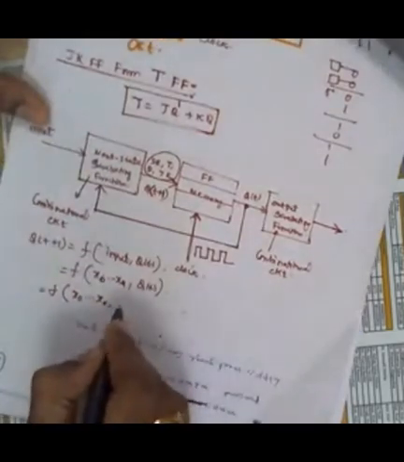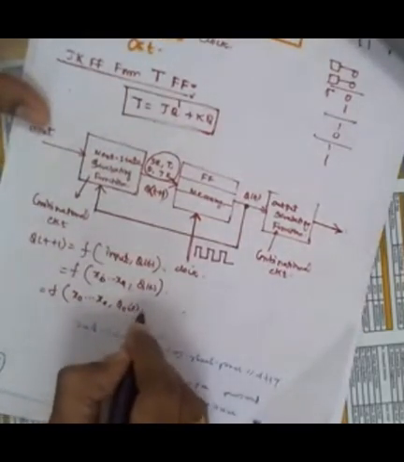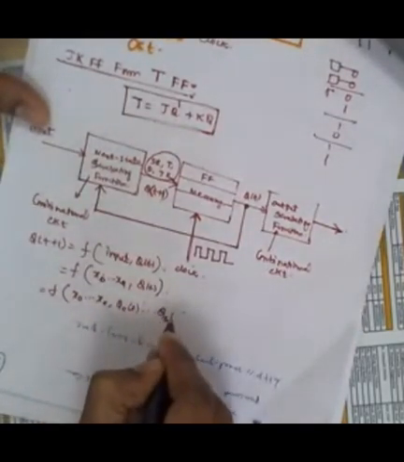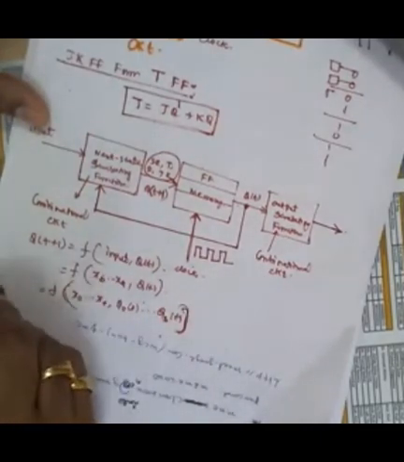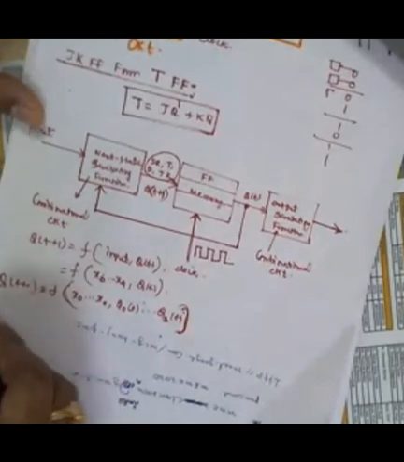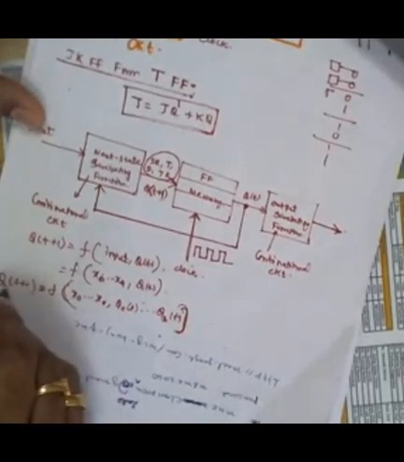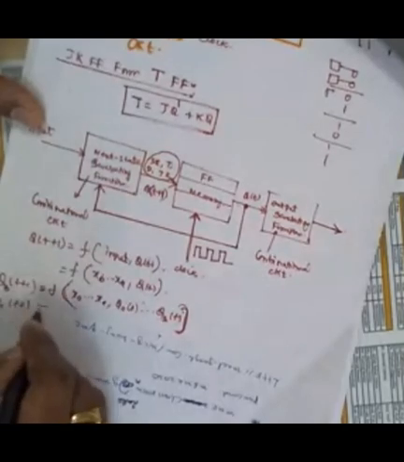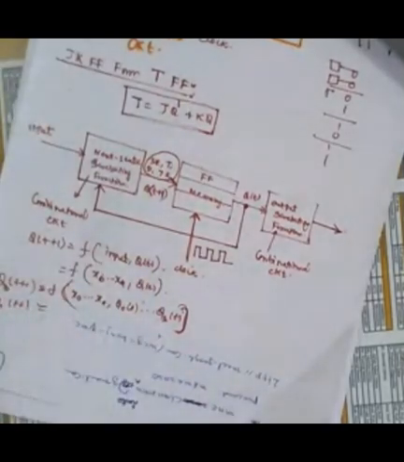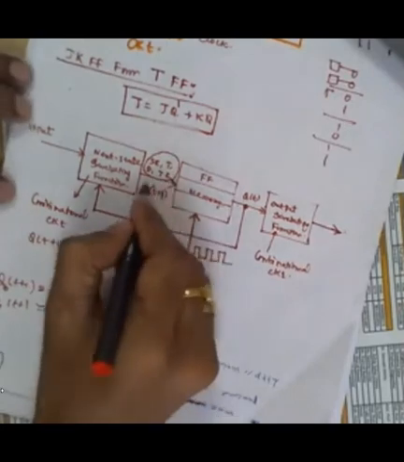So in that case, Q0 of t to Q3 of t, if you have 4 flip-flops. This is your Q of t plus 1. Then Q0 of t plus 1 is a function of all, Q1 of t plus 1 is a function of all. So again, here also different inputs will be there.